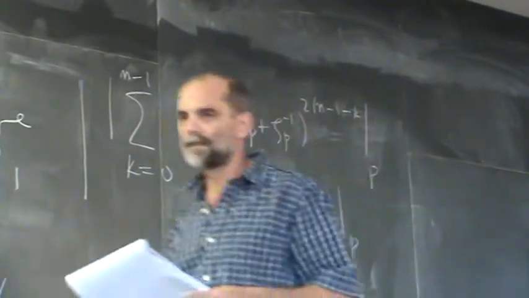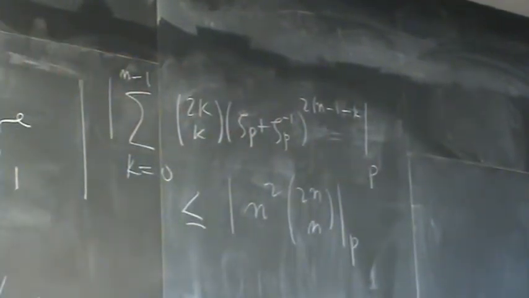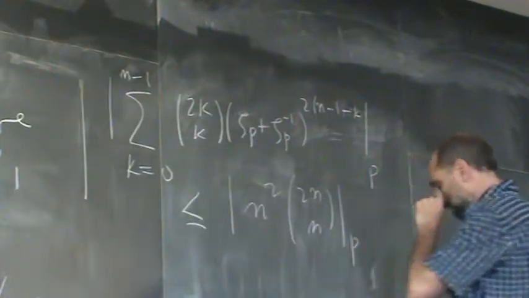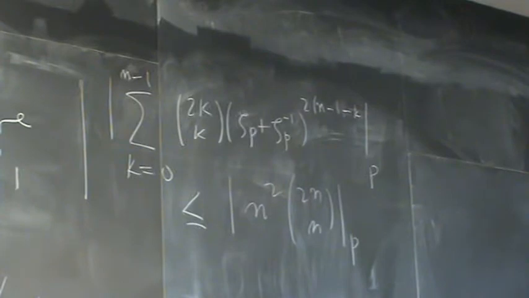So the vanishing of this coefficient gains us a power of x, and that's what we see, this n squared. And so this for p equals to 3 is